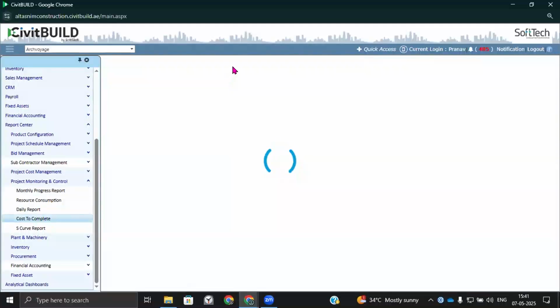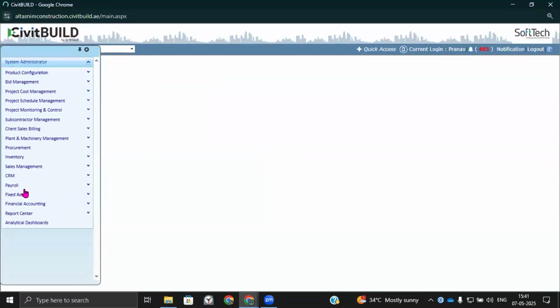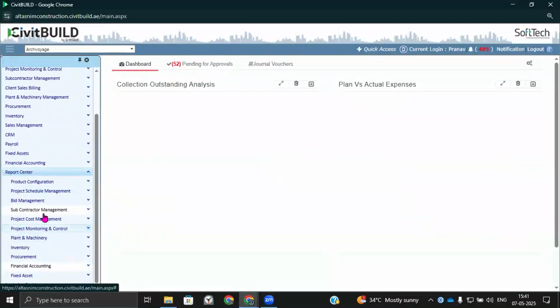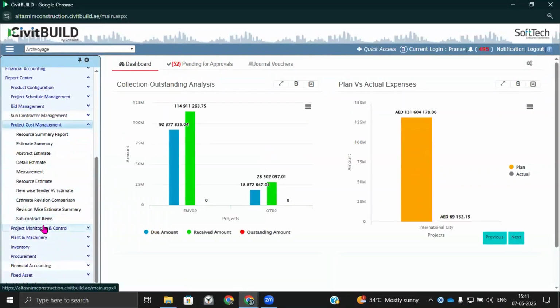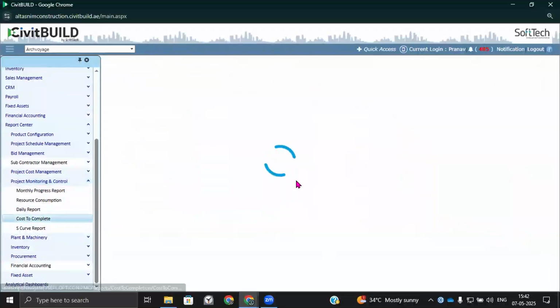The cost to complete report will help you understand, with reference to my budget, how my actual expenditure is going, not only for a particular project or line item, but perhaps the entire project structure. This will offer better control to monitor and control the project.